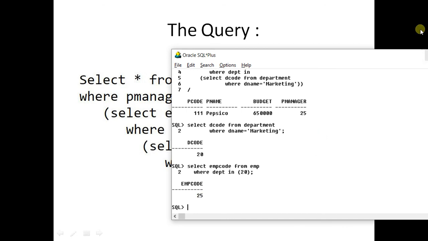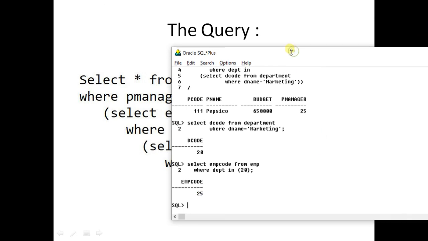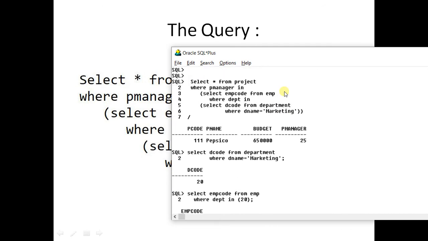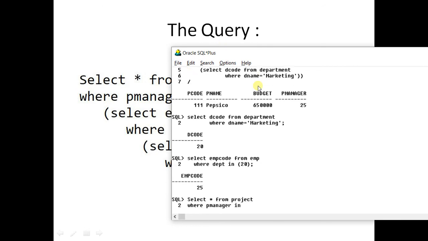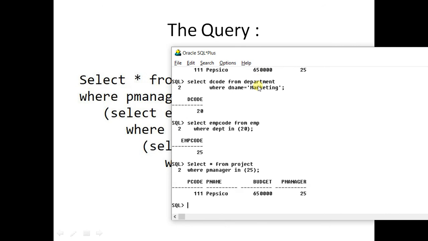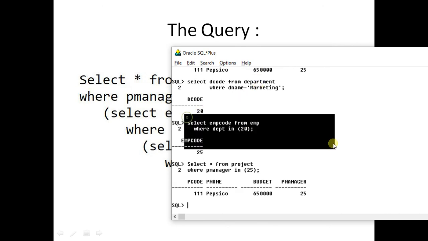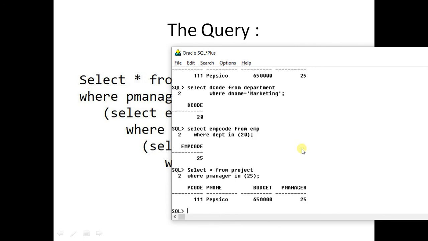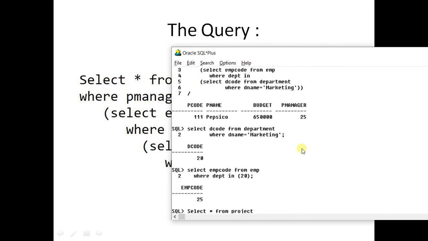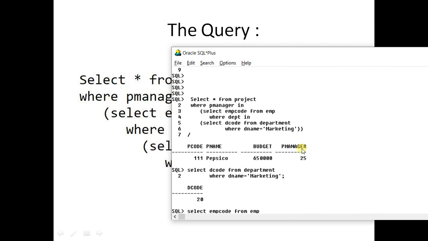Now this 25 is placed in the outermost query, something like this. The answer has come. Although this is just to show you how it is working, I hope that you have got how this 3-level subquery is working.